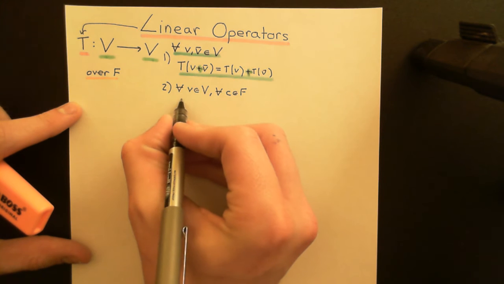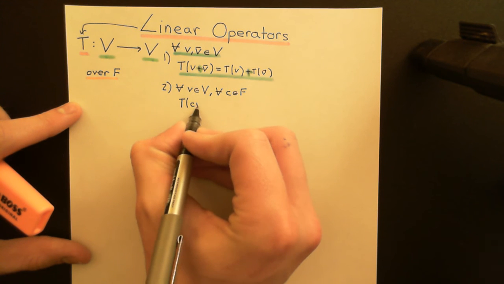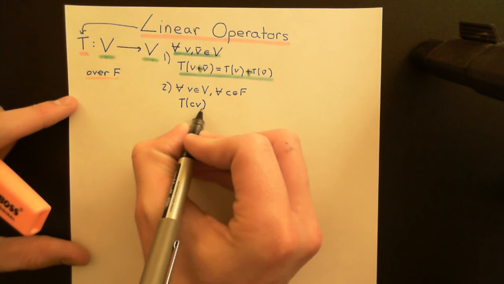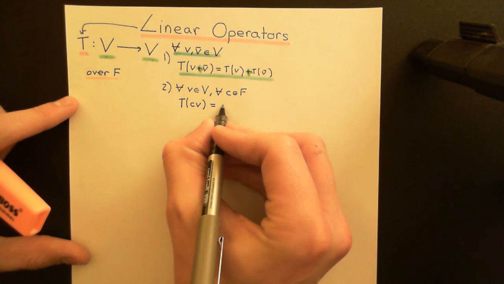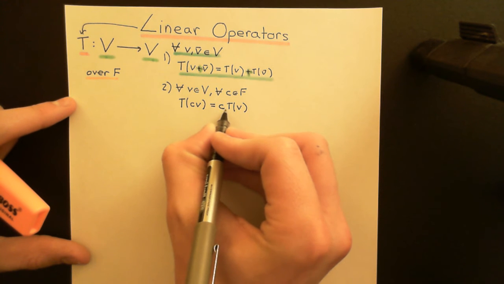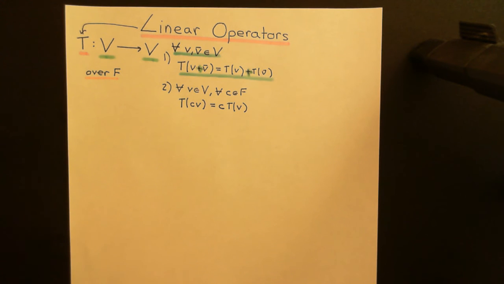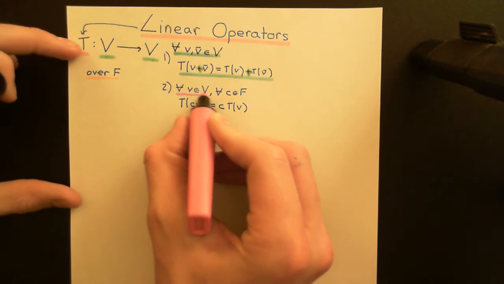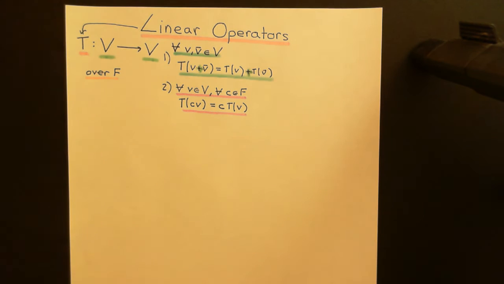It must be the case that if we consider t of c scalar multiplied with v, so t of c times v, that this is the same as if you do c times t of v. Okay, so c scalar multiplied with t of v. So we're going to insist that those two things are true. And we know from our video on linear transformations that this condition amounts to saying that if you were to